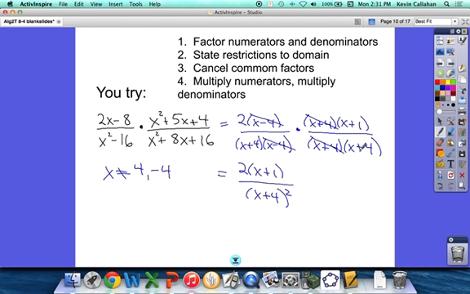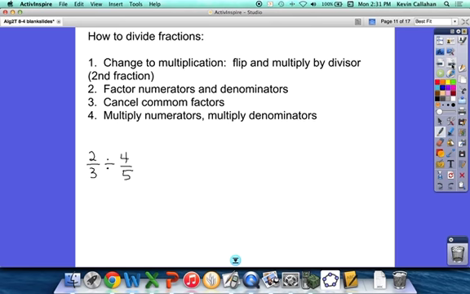Okay, which leaves us one last task here, dividing. So remember the process for dividing, right? Dividing by a fraction is like multiplying by the reciprocal. So there's a first step when you're dividing rational expressions, just like when you divide fractions: you rewrite it as a multiplication. Change it to a multiplication. Flip and multiply by the divisor. Like a problem like this becomes